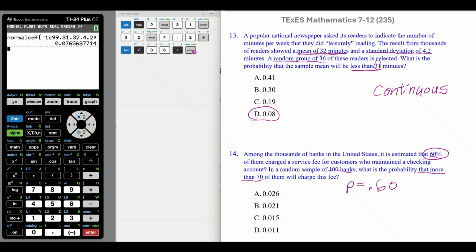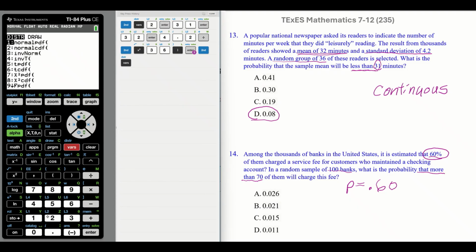Yes or no question. That is a binomial situation. Remember, that's only success or failure, yes or no, true or false. That's Mr. Bernoulli. Very famous family. You can look them up when you think you have time. So that means we need alpha apps. Here we go. How many trials do we have?